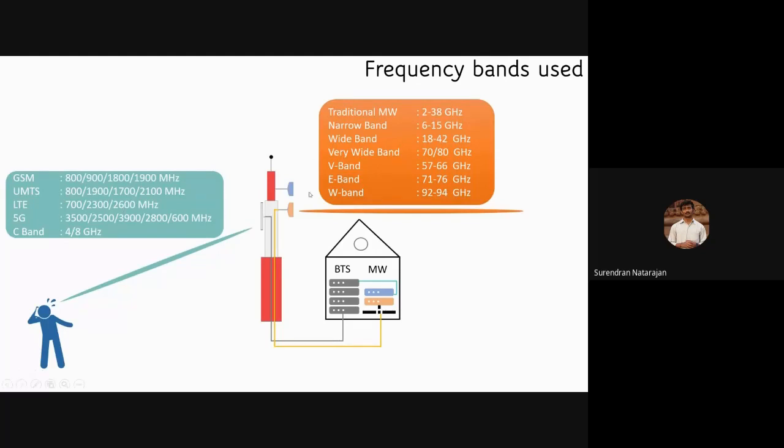And here, this rectangular antenna looks like one single antenna. But inside this antenna, there is an array of antennas. Almost 128 antennas are inside this one rectangular antenna. Why? Because we are